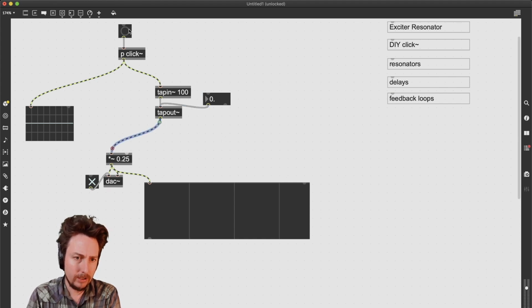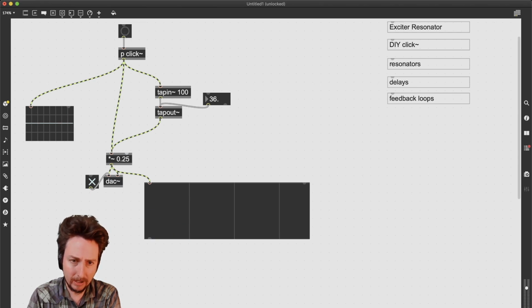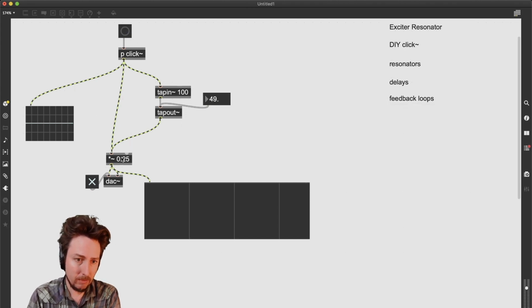And let's take a listen. Let's have the signal and itself. So you hear a very short slapback feedback, slapback delay. Right. And this gets fun when we take